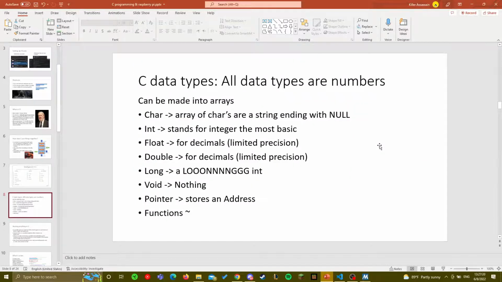Here's a little bit more about the data types. So you have char, int, float, double, long. These are all numbers. You could think of them as numbers. This is a number representation of a character, right? You put them together and you get a string. Now, whenever you make a string, you need to have enough space to have a null terminating bit at the end, right? So however long your name is, you need to have an extra bit at the end to tell you to stop. This is the end of the string, essentially, right?